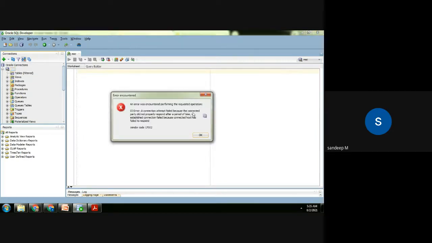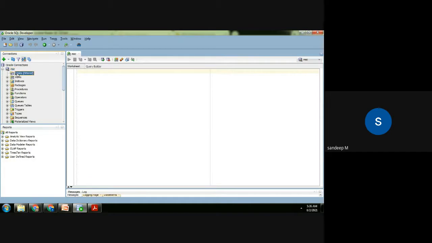So I have some tables. Okay, so I have created some tables.